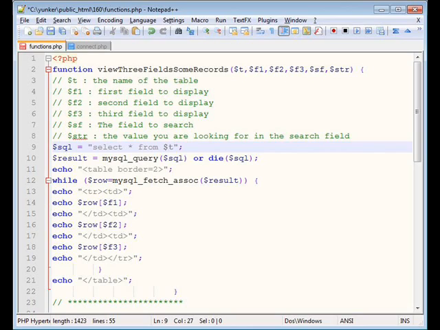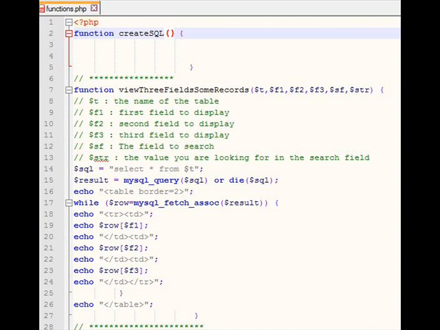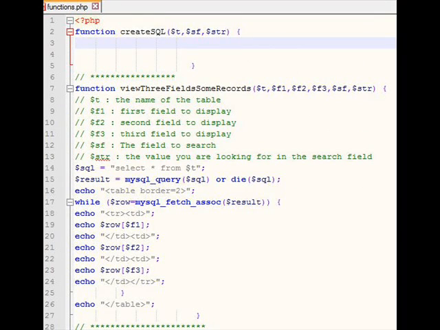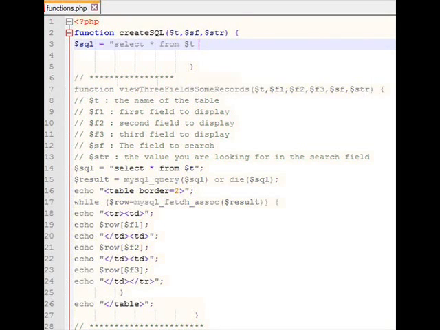Now, first thing I'm going to do is create a function called createSQL. There's a purpose for this down the road when we alter it even more than we are right now, but for the moment I'm going to create a function called createSQL, and it's going to have three parameters: $T, $SF, the search field, and $str, the string. So $T, of course, is table. I'm going to create an SQL statement that goes beyond the select star from $T, and it adds the where